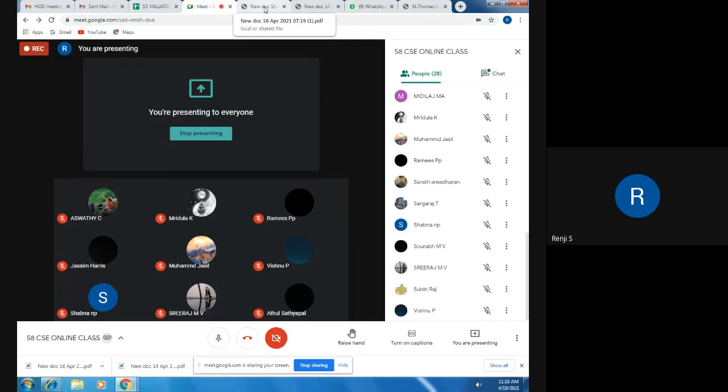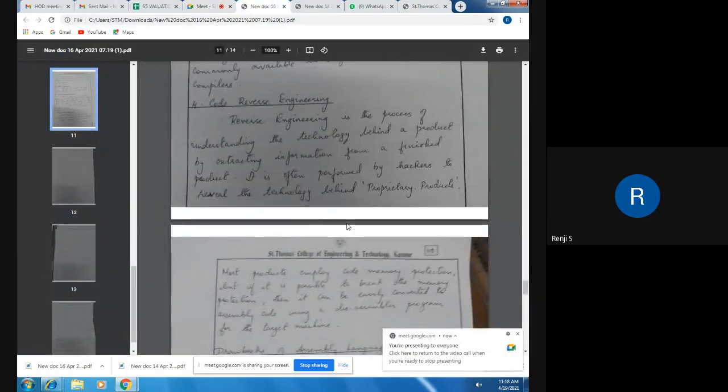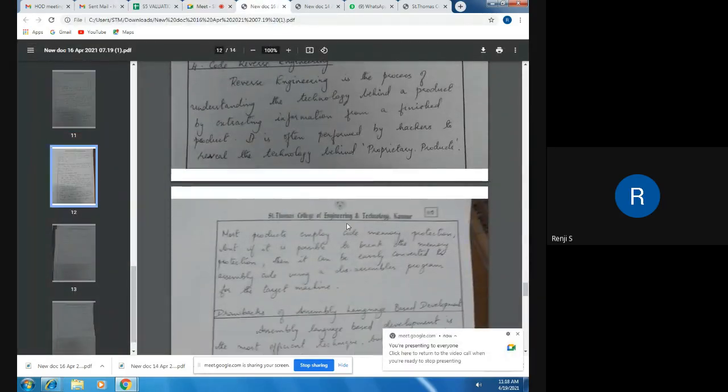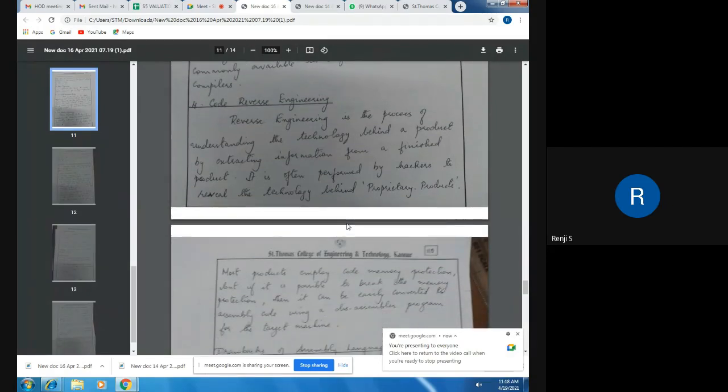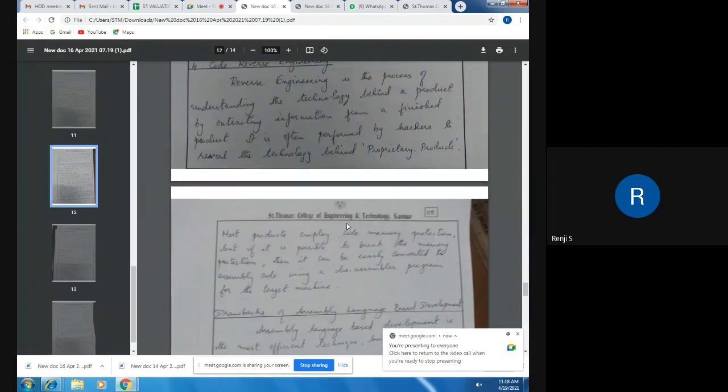So here, using assembly language, reverse engineering can be easily done. This code is usually placed in the code memory, and if it is not possible to protect this memory area, you will get the code. Once you get the machine code, there is a program called a disassembler, which can convert the hex file to its corresponding assembly code, the target code.